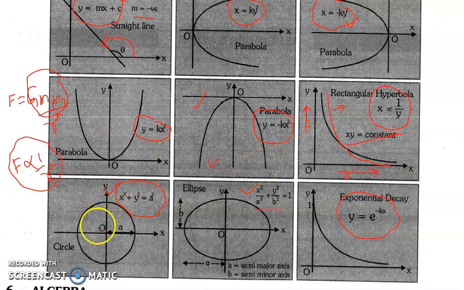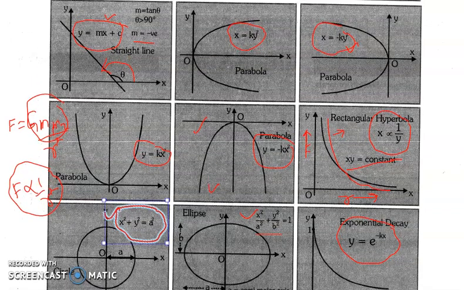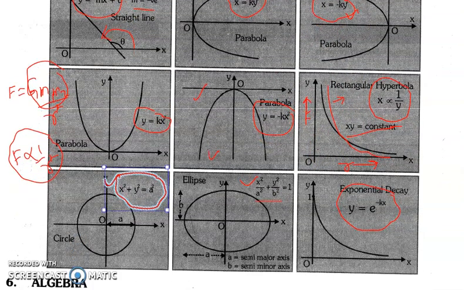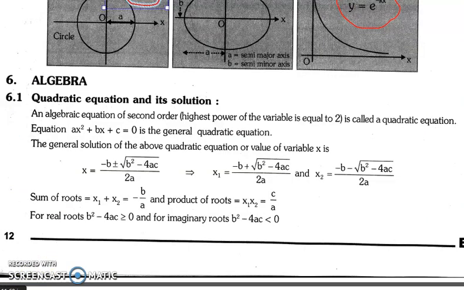It says that whenever we have any two variables or any two quantities, which in this case were force and distance, the variation for x and y-axis can be plotted according to these graphs that we have learned. One was straight line, second was parabola, third was hyperbola, fourth was circle, fifth was ellipse, and sixth was the exponential decay.